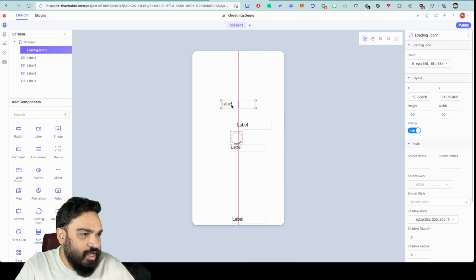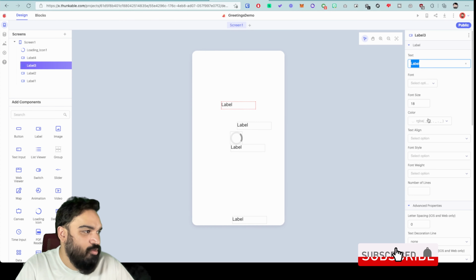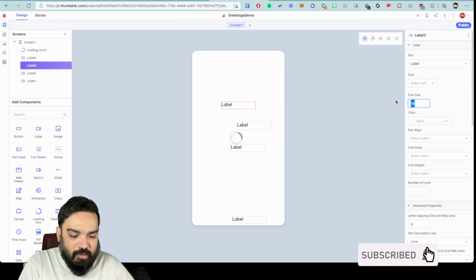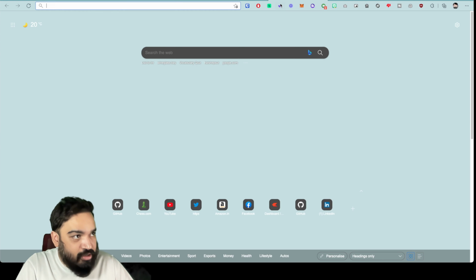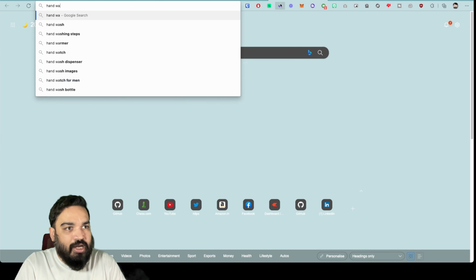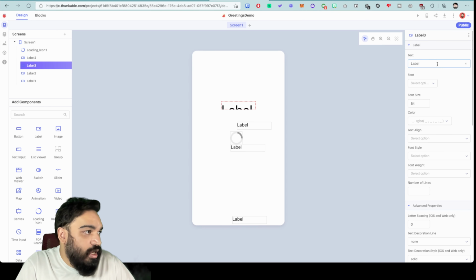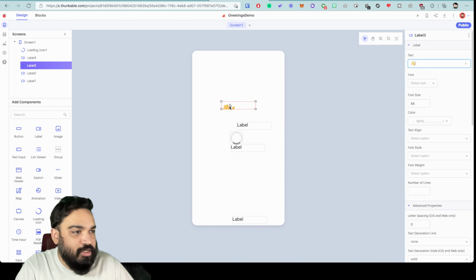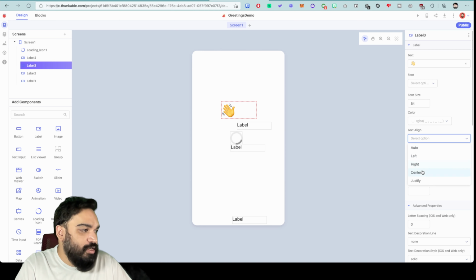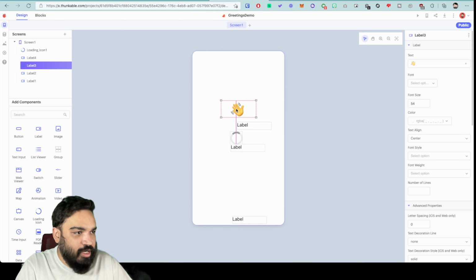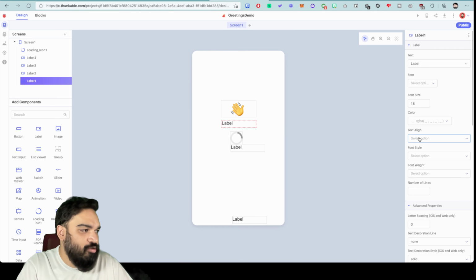Now let's align these items, right? This, I want the size of this to be about 54. Let's also get the emoji itself, the wave emoji, and yes, let's copy it and replace the text with the emoji itself. Now this is good, looks good. Align it to the center and then also align it to the center of the canvas, so when the user opens the app, it is in the center. Now this text also should be in the center,